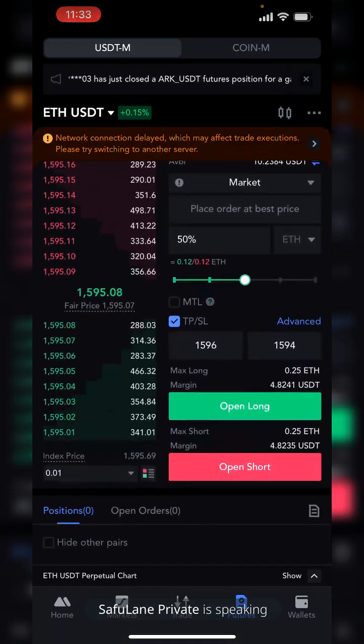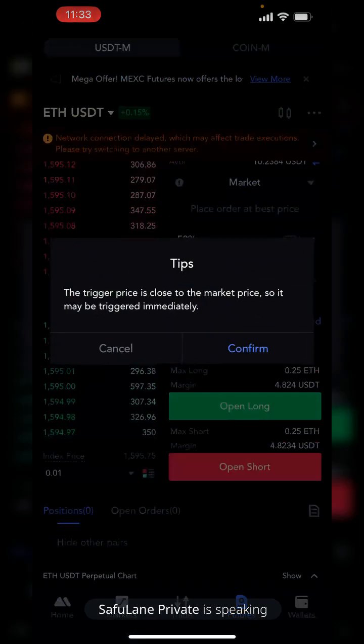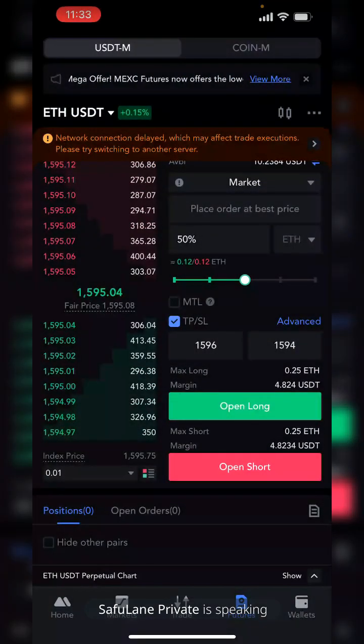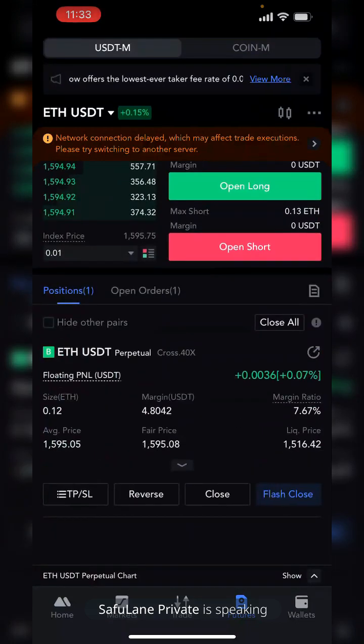So I'm using $4.8. I'm going to be opening the long right here. I'm going to open it. Yeah, okay. So I've placed the order. Immediately I'm in profit. Why? Because the trade is going in the direction I've predicted. But it can go otherwise as well. So one thing we should notice is what is going to happen to my fund since I've